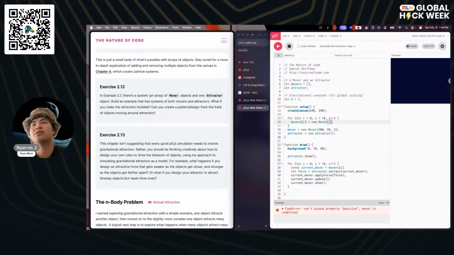We can do a random value. I don't remember if maybe it's just fully random. Yeah, okay, there we go. Random, random, random. Cool. And then we don't need to worry about the attractor.